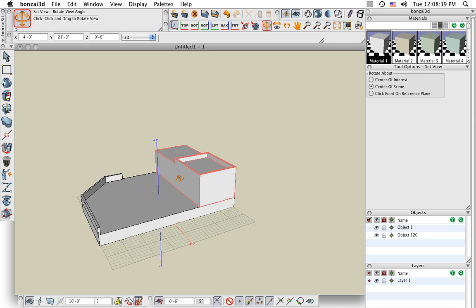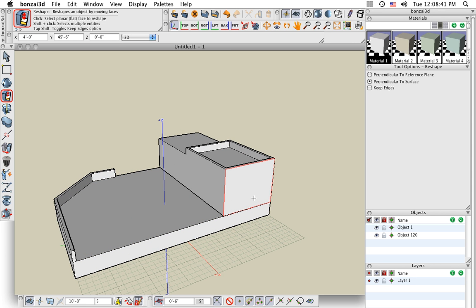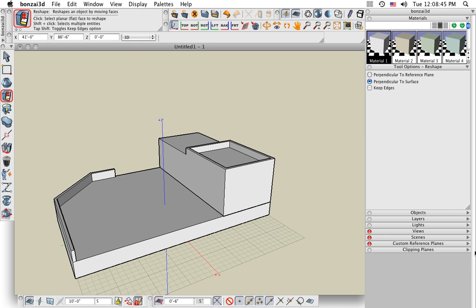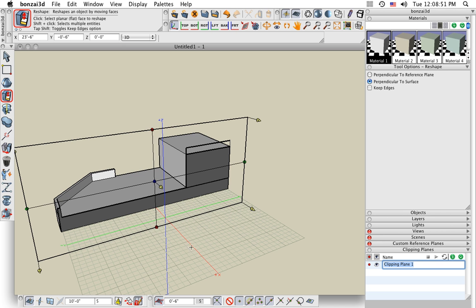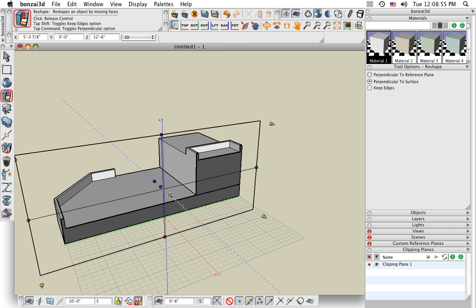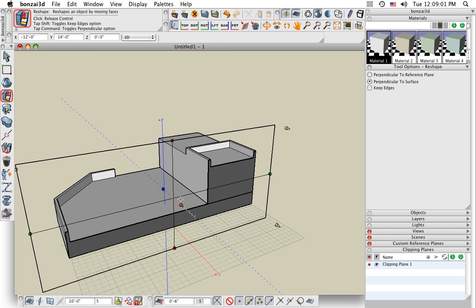So let's quickly explore solid modeling a little bit. What does it mean to be a solid? One way to visualize this very quickly is using clipping planes in Bonsai. So I'm creating a plane that will cut open the model. And as you can see, as I move this clipping plane, my massing here is still solid all the way through, as is the base. So I'll be using these clipping planes on and off during the design just to take a peek on the inside. Let me turn this back off